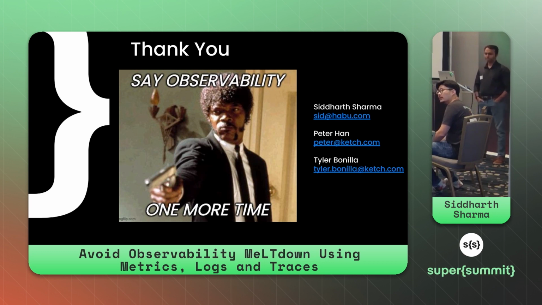I used to work at a company that wrote much worse software than Habu, so we had a lot more errors. But it was really nice, once we had a lot of errors, to go through the log line by line and see exactly what happened, which service called what with which parameters. We can chase after that. It makes debugging so much easier.